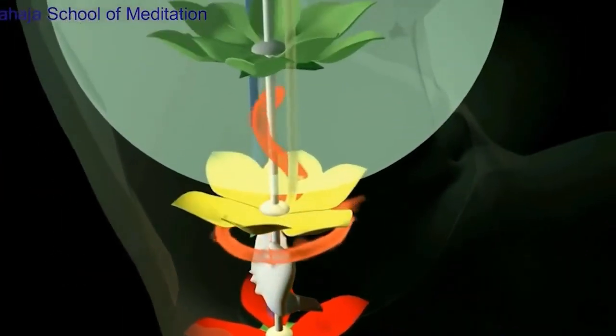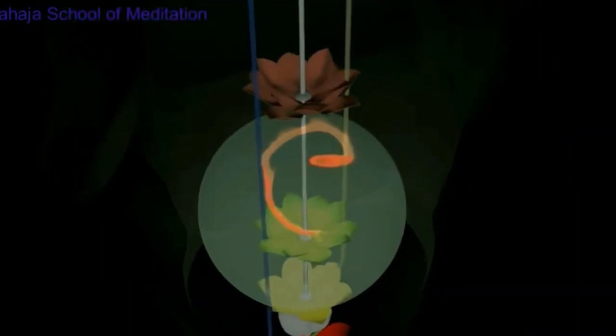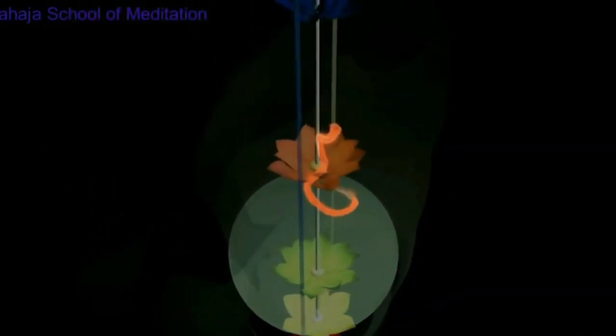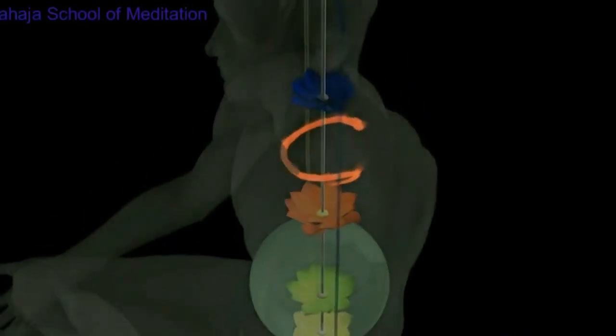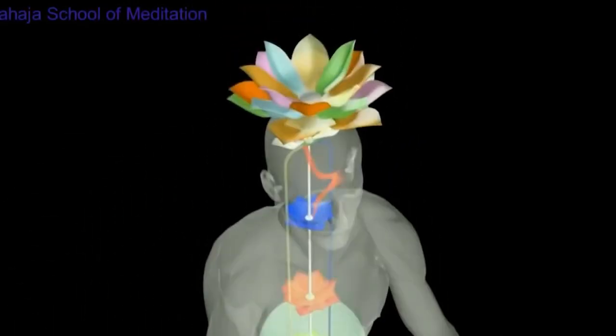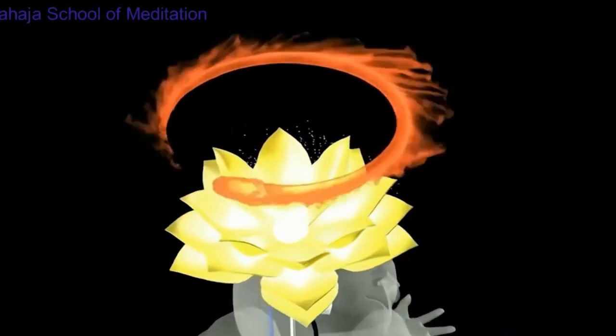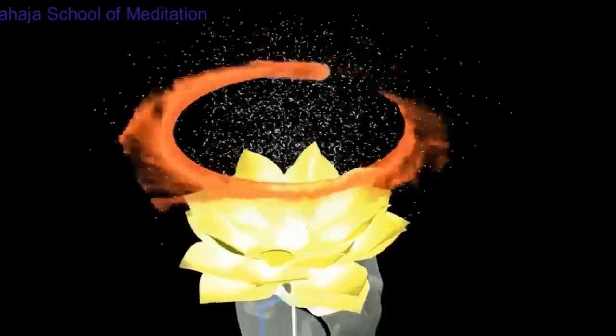The fire has a capacity to purify and to burn off whatever can be burned. It purifies the things which it cannot burn and burns off the things which are inflammable, which can be burned. So the quality of fire that exists in the Kundalini